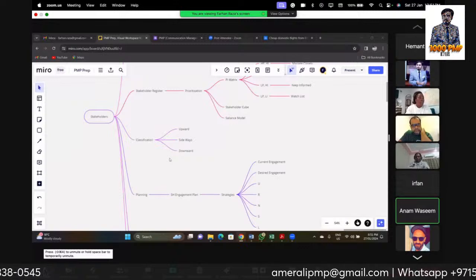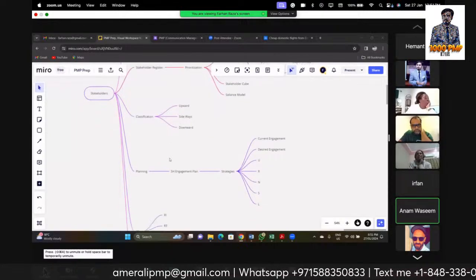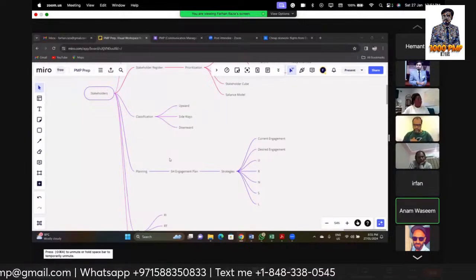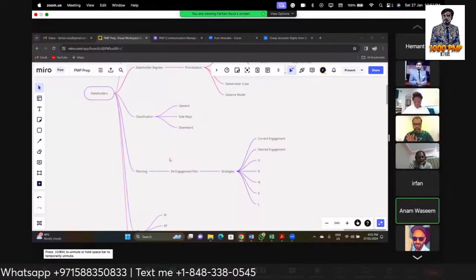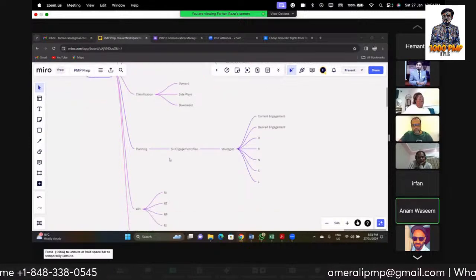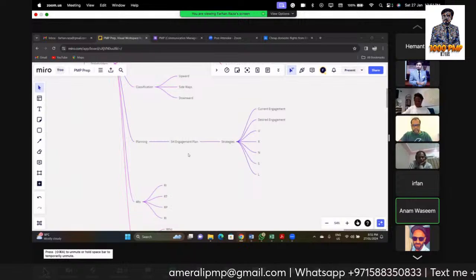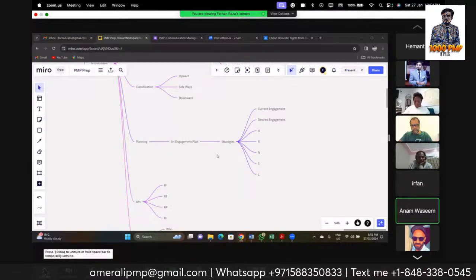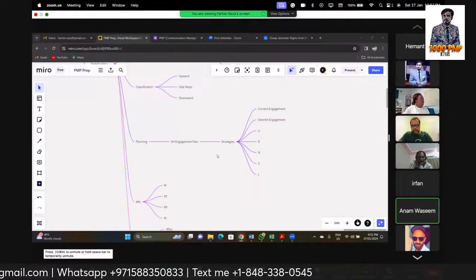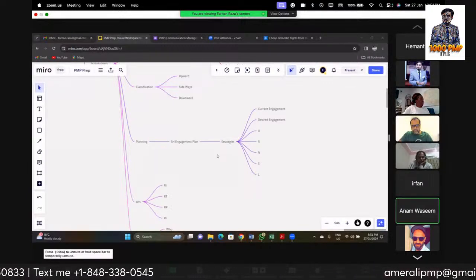Upward, sideways, downwards. Upward is the stakeholder to whom we are reporting. Downward is the one who is reporting to us, and the sideways are our peers or colleagues at the same level. In planning, when we move to the planning phase, we make the stakeholder engagement plan. The stakeholder engagement plan describes the strategies to engage stakeholders. In this, we see what their current engagement is, what their desired engagement is, and then we make a